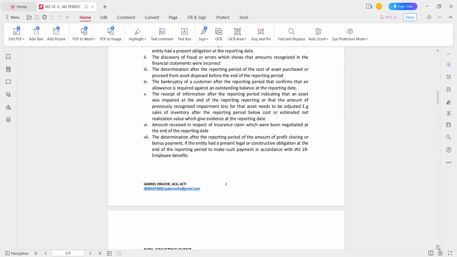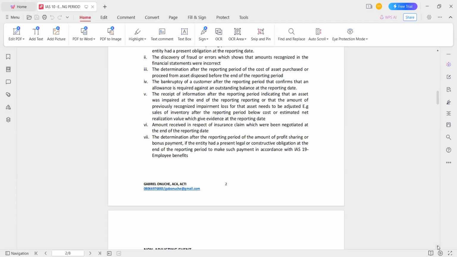Then we have the determination of the amount of profit sharing or bonus payment after the reporting period. If an entity has a present legal or constructive obligation at the end of the period to make such payments, in accordance with IAS 19. There are some companies that pay bonus, and you know this bonus is mostly not determined